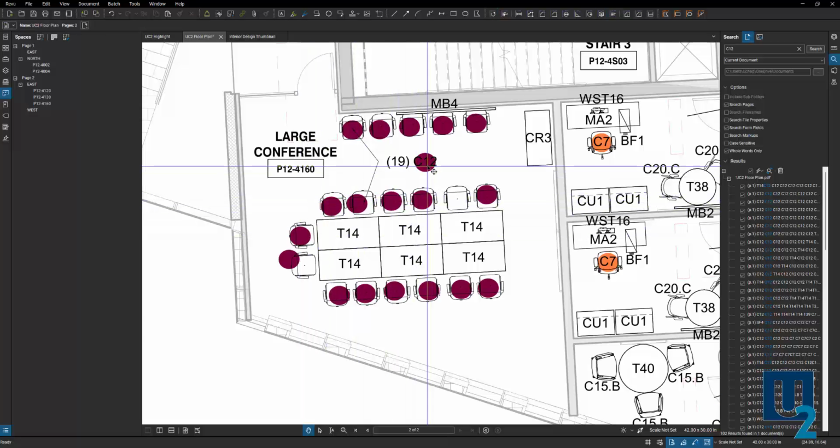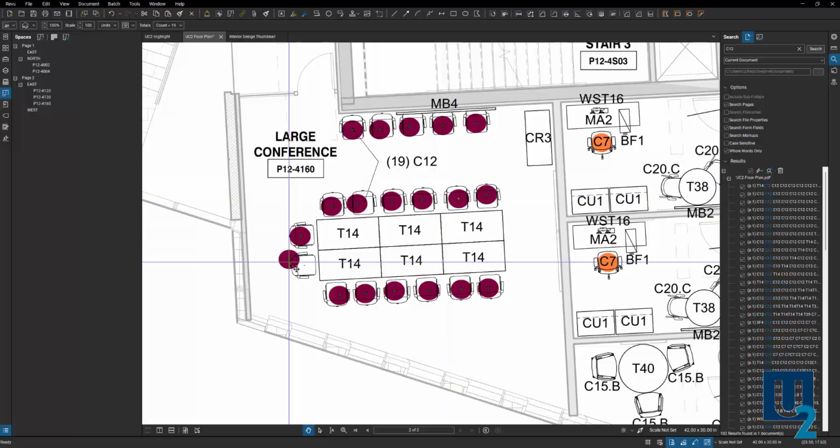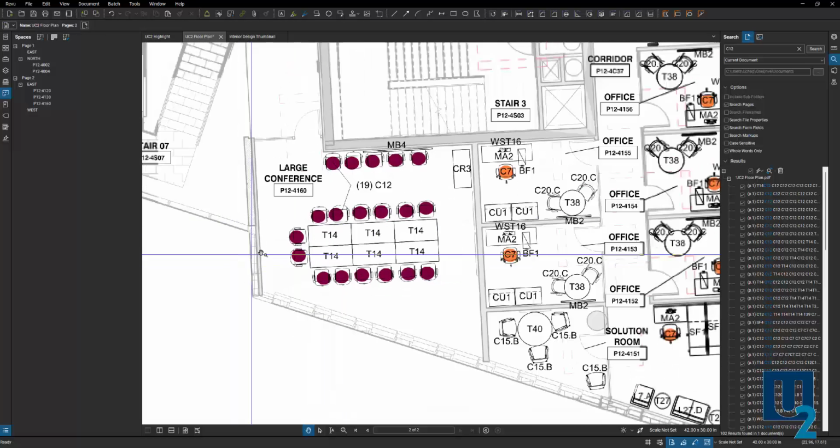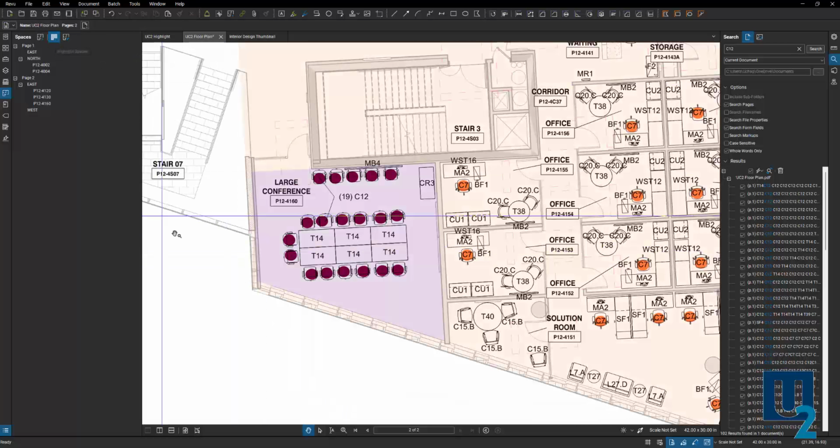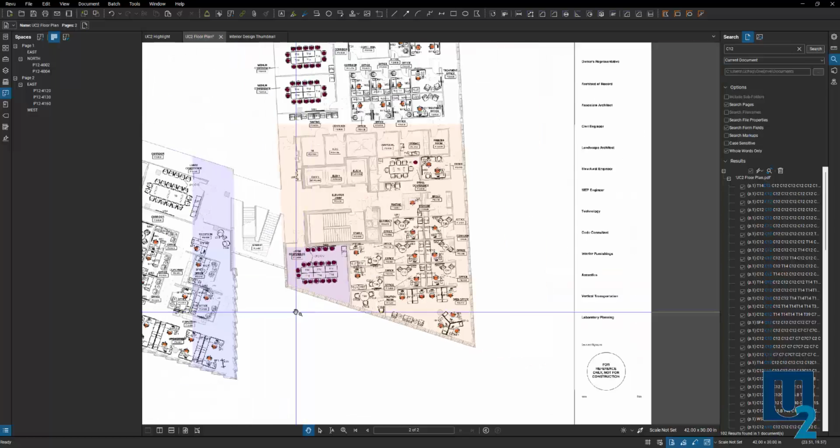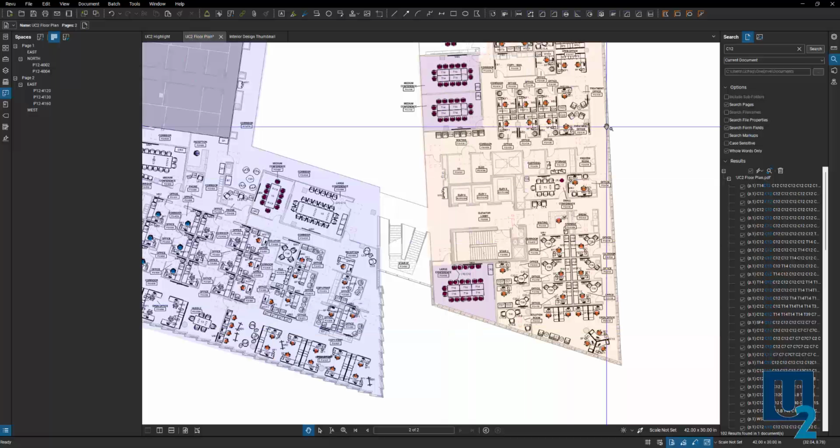And then this last one here, I'm just going to select this one and move it over there. And now I've got all of those chairs accounted for. Okay, so I'm going to turn my spaces back on so I can see those. There you can see I very quickly found a bunch of my chairs. I can come in here,